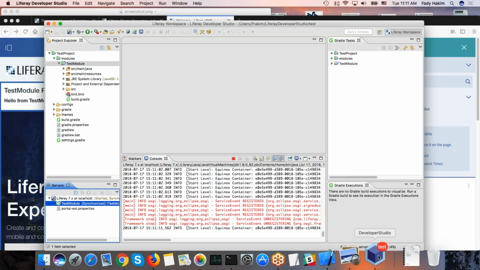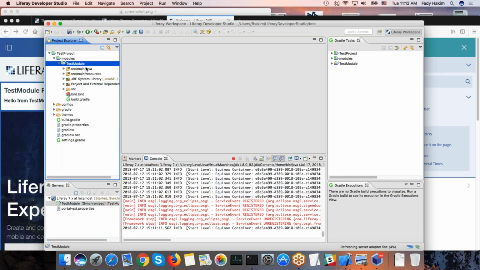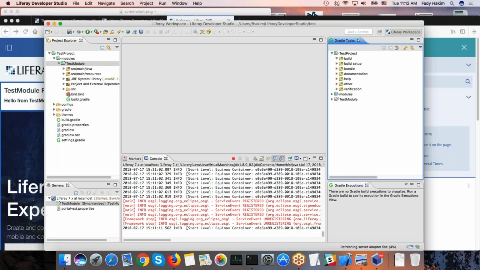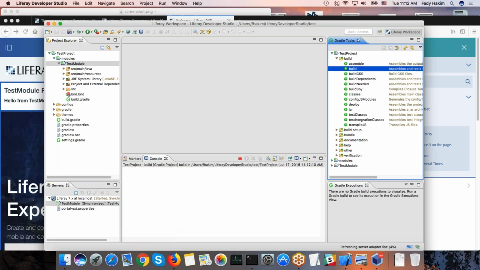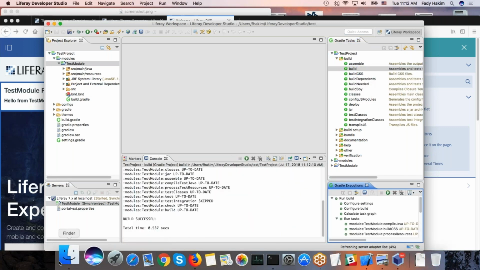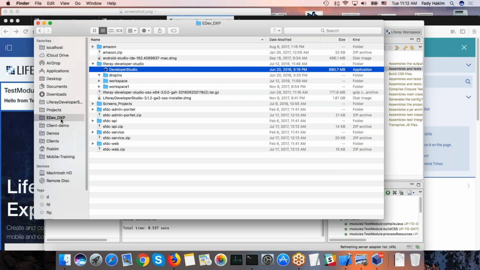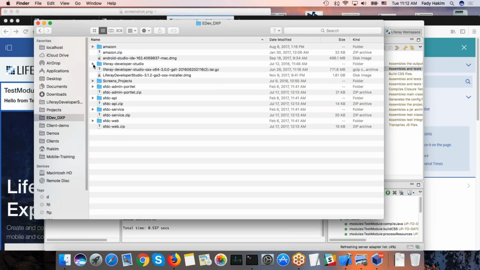So anytime you want to get the jar for this project, you basically go to the test build, and what you need to do is run the build task. So you run that task, and then when you go to the folder of this project, so if I go back to my folder here,